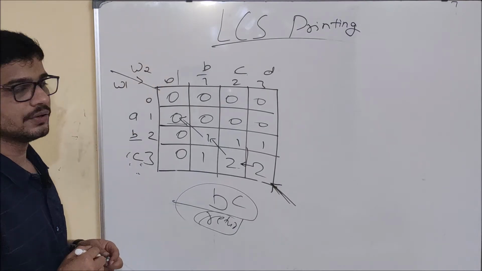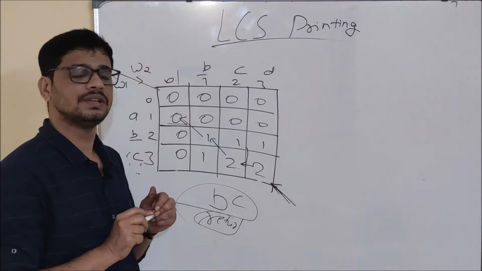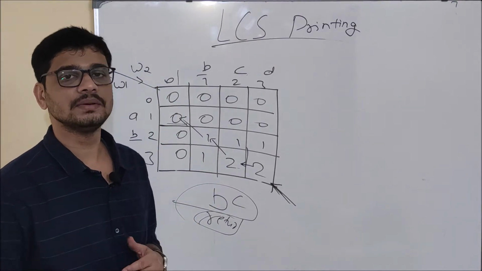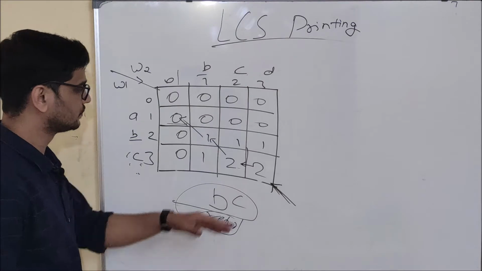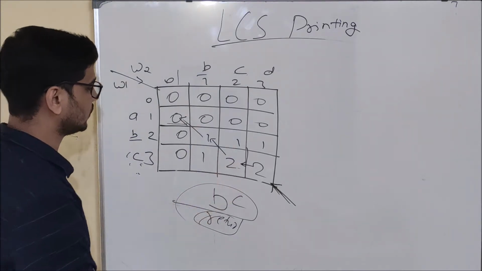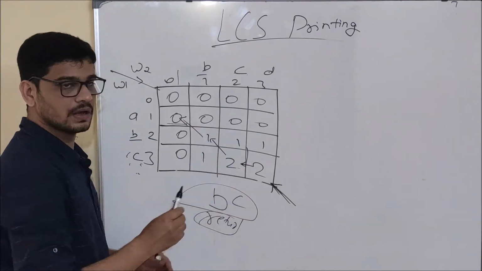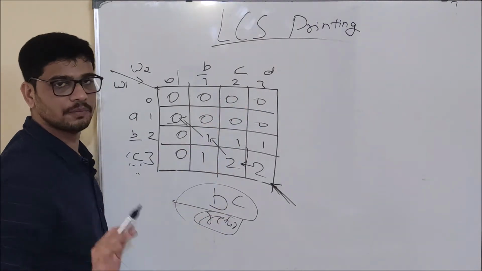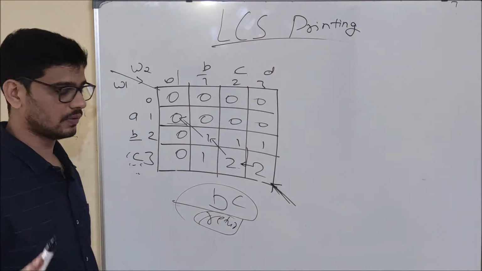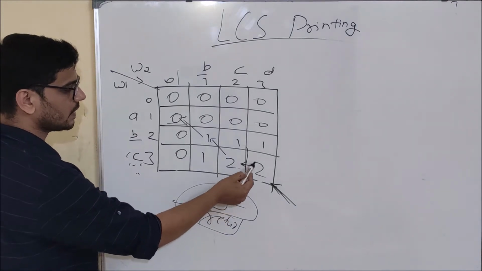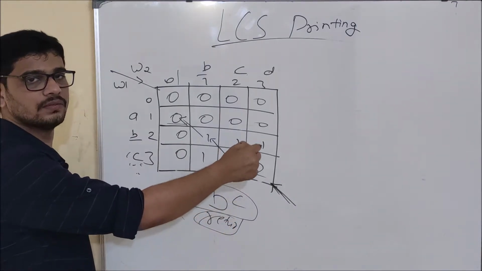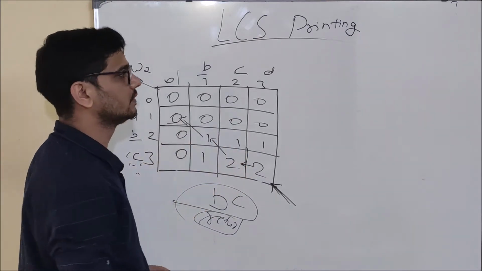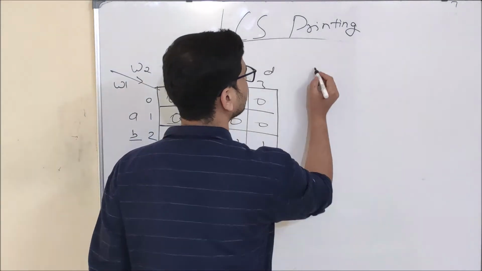Now I will write the code. And one more thing, whatever we are going to do here, we will be using the recursive equation only. Note one thing: if these two characters are equal, my answer will be coming from the diagonal. Otherwise, my answer will be coming from the max of either left or up, so we will move either left or up. So now let's write the program.